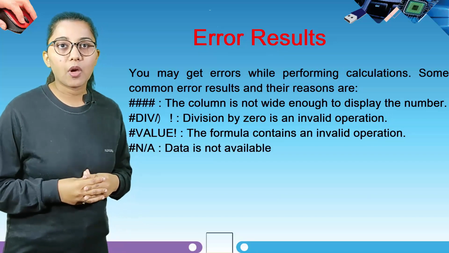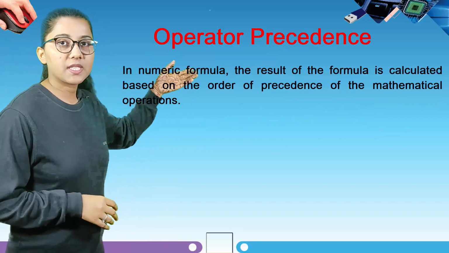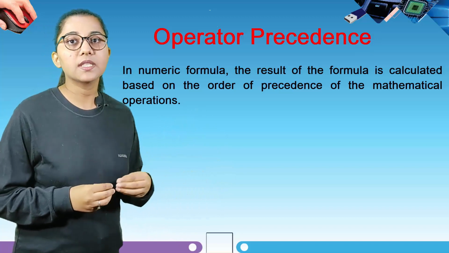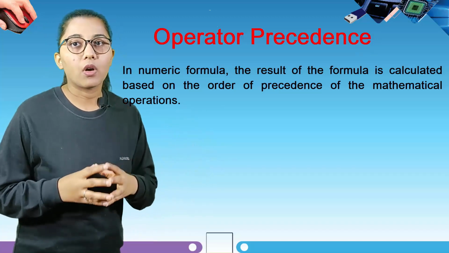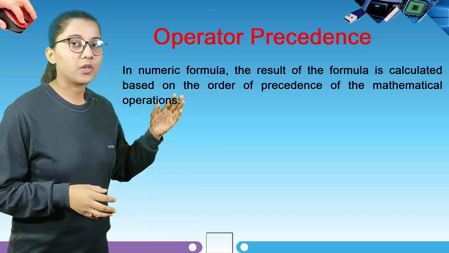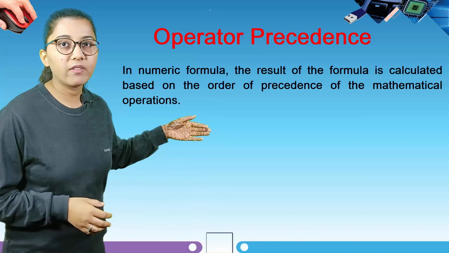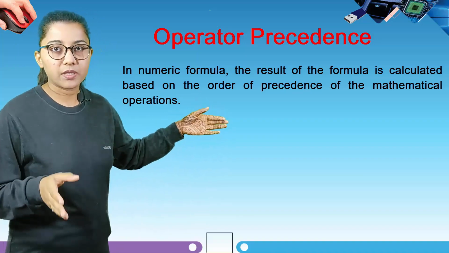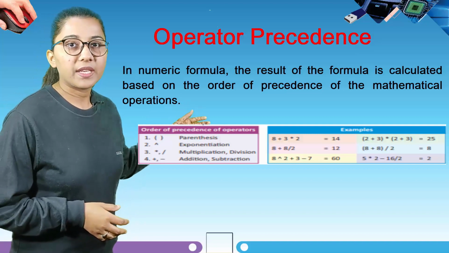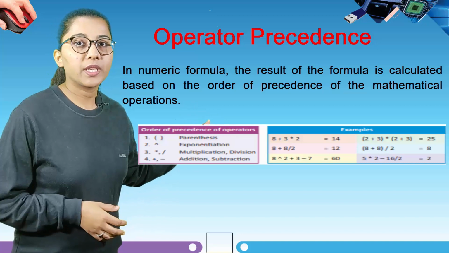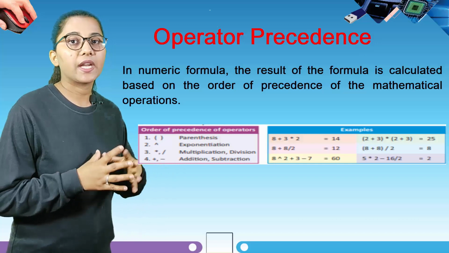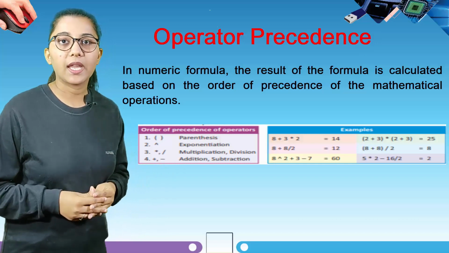Now let's start our new topic, that is operator precedence. In a numeric formula, the result of the formula is calculated based on the order of precedence of the mathematical operators. So students, here you can see some tables. First we have the order of precedence of operators, then their examples. So our first is parenthesis, second is exponentiation, third is multiplication and division, fourth is addition and subtraction, and their examples